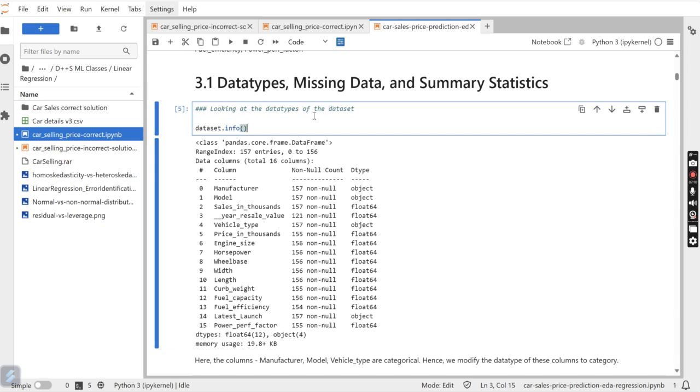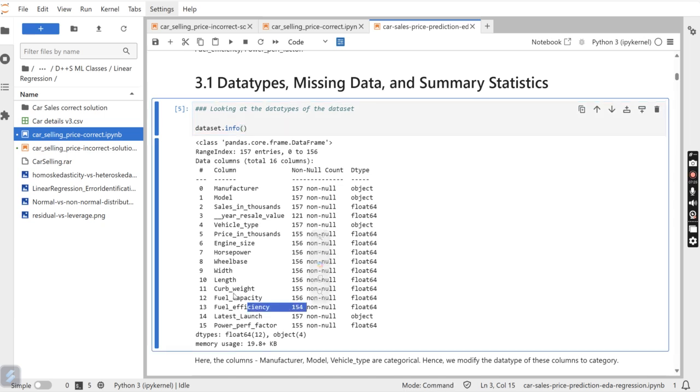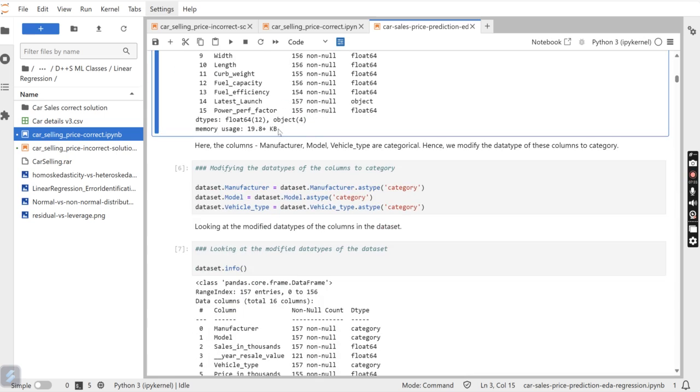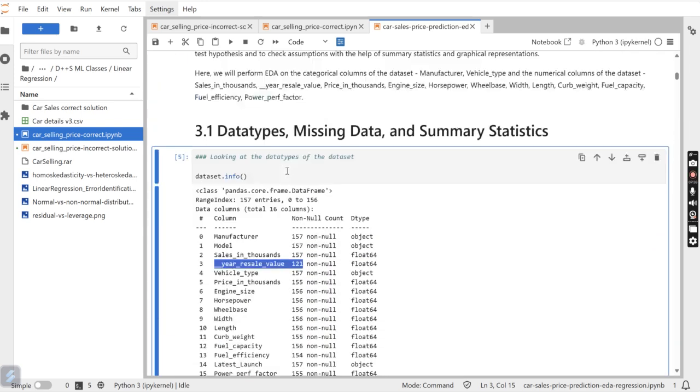So the first thing is we want to handle the missing data. We want to first make sure what is the type of data available for us. As you can see, total is 157 records only, but out of that, in fuel efficiency 1 record is missing, and in year sales a couple of records are missing. And in order to understand,